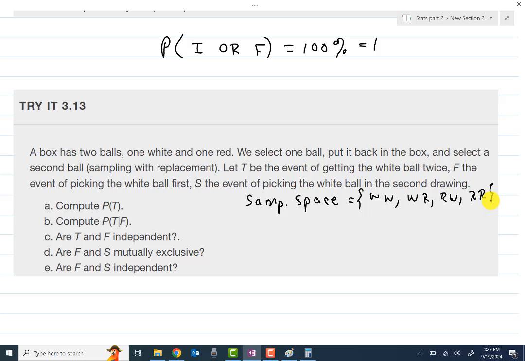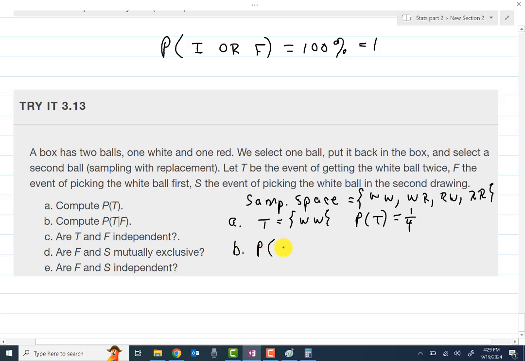So anyways, let's see, compute P of T. T is the event of getting the white ball twice. So there's only one. So let me put T is equal to just WW. And the probability of that is 1 out of 4. For part B, so that was part A. Part B, we want